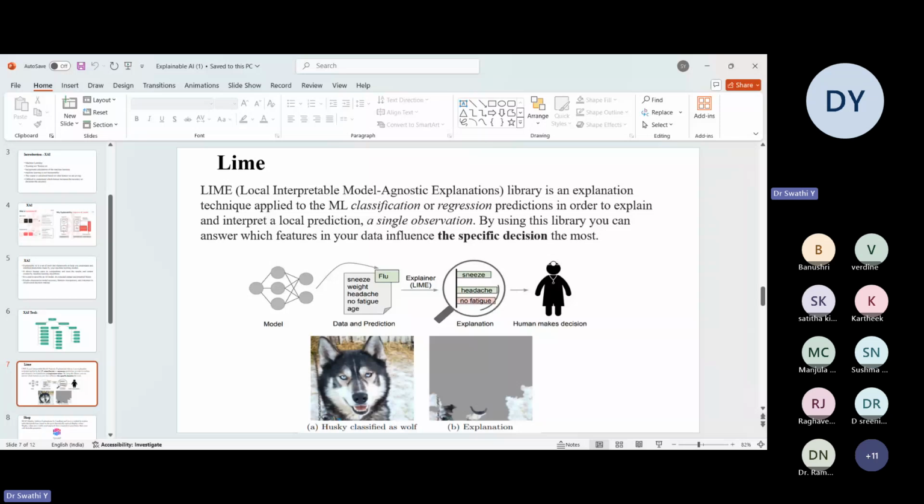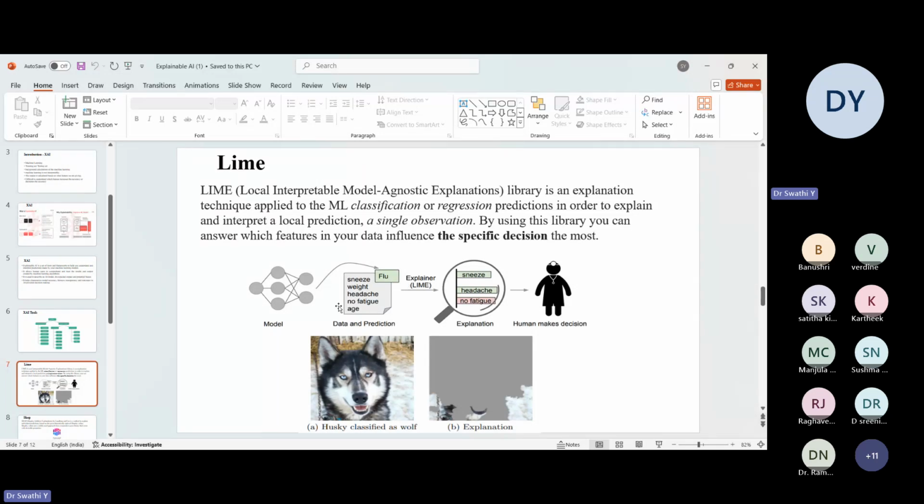This is mainly for finding whether the model is giving me the right predictions. If the person has sneeze, weight, headache, fatigue, and depending on the age, all these features, it is categorizing whether flu is there or not.